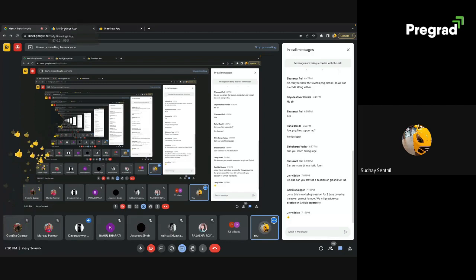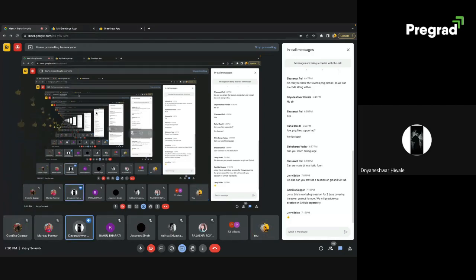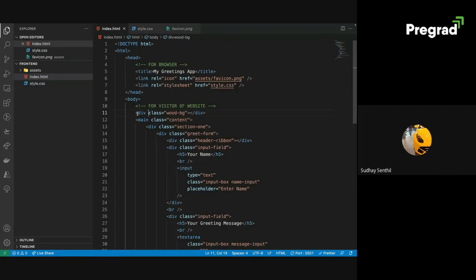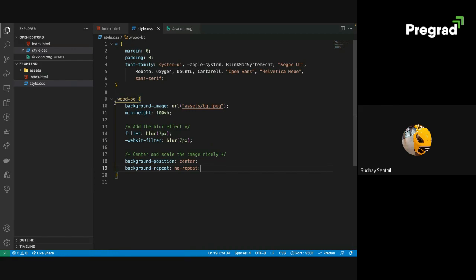Sir, can you please tell again how you add blur to the background image? Yes, sir. So for the background image, I first chose that particular div element with class wood-bg. I selected it using the dot selector, dot wood-bg. I opened a CSS block. I used the property called background-image with the URL function. And then inside that, I gave a string telling it to take that image from